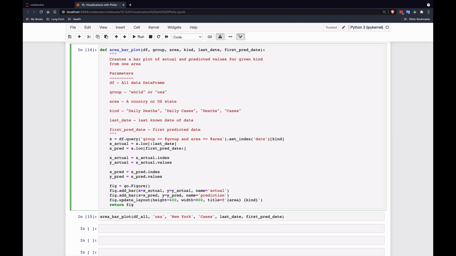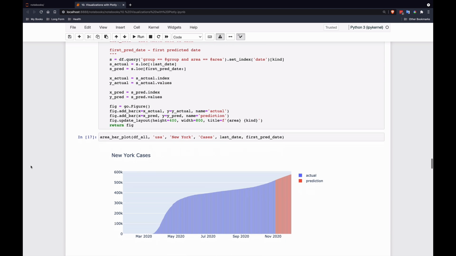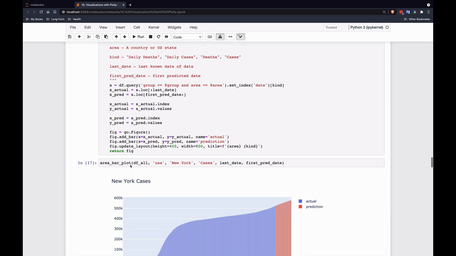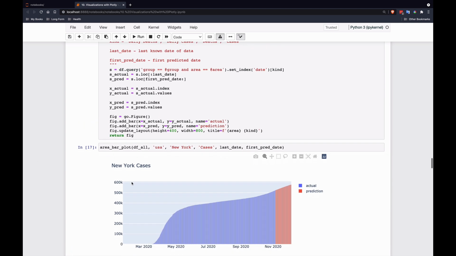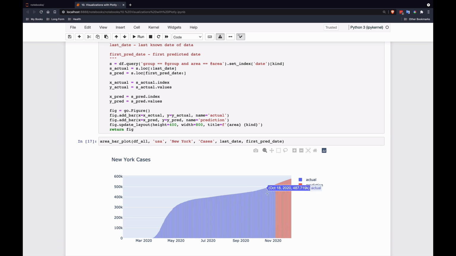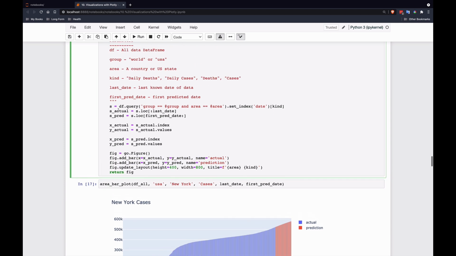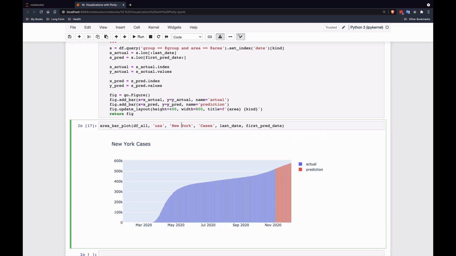It did create it, but it didn't return it. And so here we go. So here's the New York cases. This time as a bar plot with the actual and predict. So it's two different traces. You have the first one over here, actual, and the second as predicted. So that's how we can automate this process for doing it for any